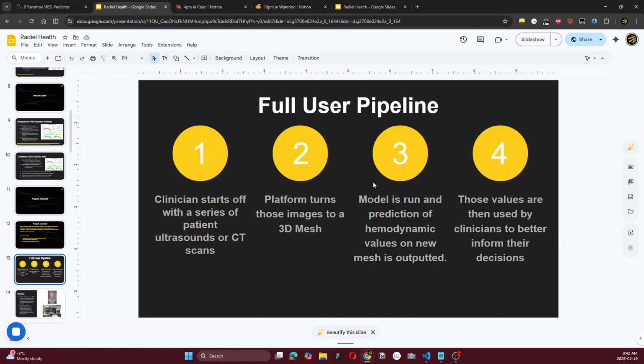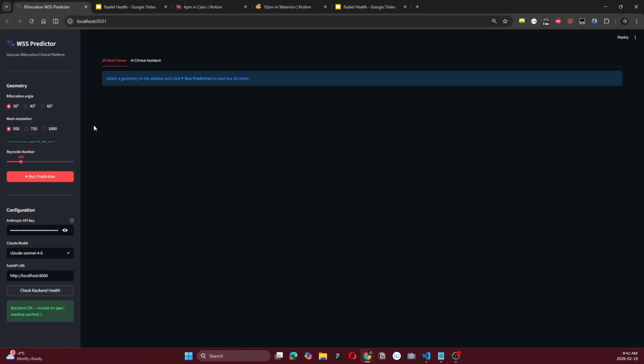But how about parts 2, 3, and 4 of the pipeline? Let me just demo that. I made a quick demo last night. The model that backs all this was made over the course of a couple of months, and I'll show you how we train it. But first, I want to take you to this side of the screen. We have a bunch of bifurcation angles and mesh resolution, and the size of the child. And what I mean by that is that